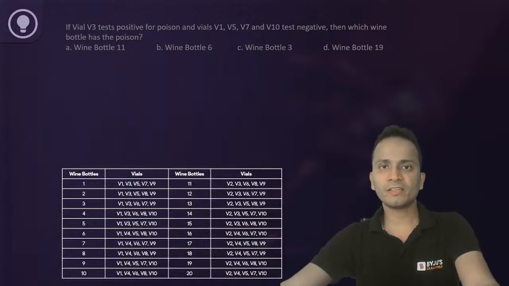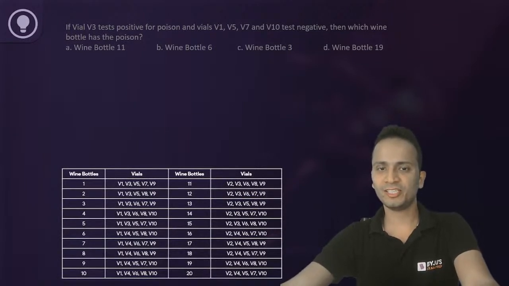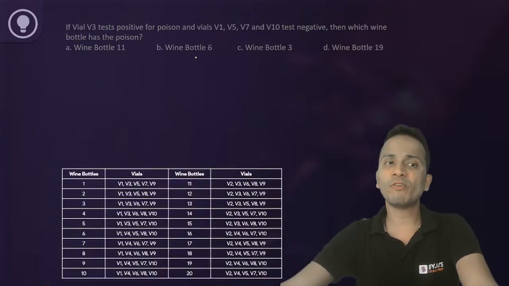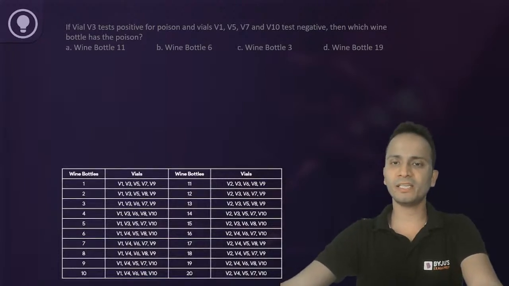Okay, so Arnav has given an answer. Let's see on YouTube if anybody is able to give me an answer. Okay, Sonali has given. All right, a lot of different answers. So Sonali, you're saying option B is the correct answer. Cyan, you're saying 11, so wine bottle 11. Ishita says 11, Tushya says B, Rakshana says C, Manish says A, Shivam says 3, that means wine bottle number 3.